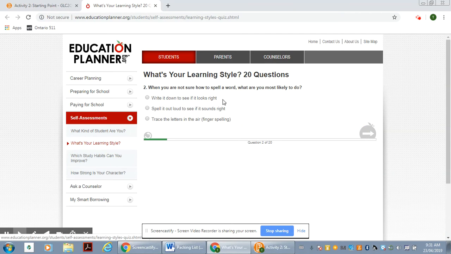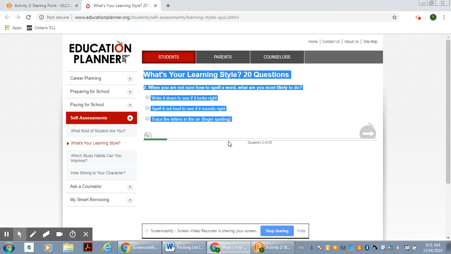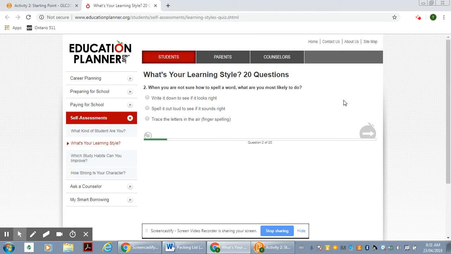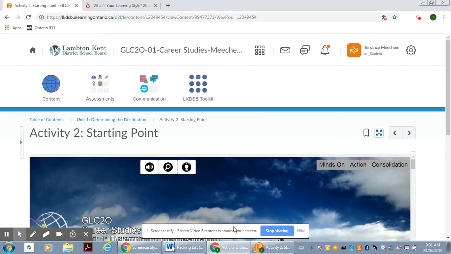Then the next button here. So you're going to go through 20 questions and just be honest about what you would do in this case. And then at the end, it will give you the results of what type of learner you are. Okay. So you can copy and paste. You highlight it and copy and paste and save that. Or you could print it off however you want. But that is going to be helpful to you. Okay. Once we go back,